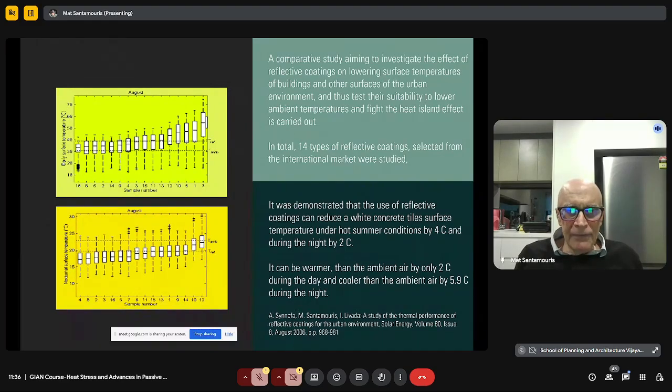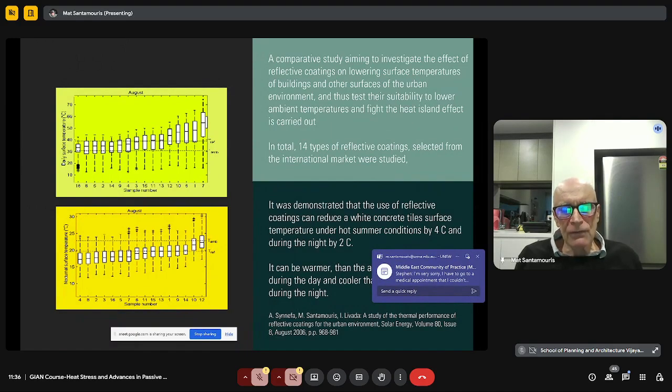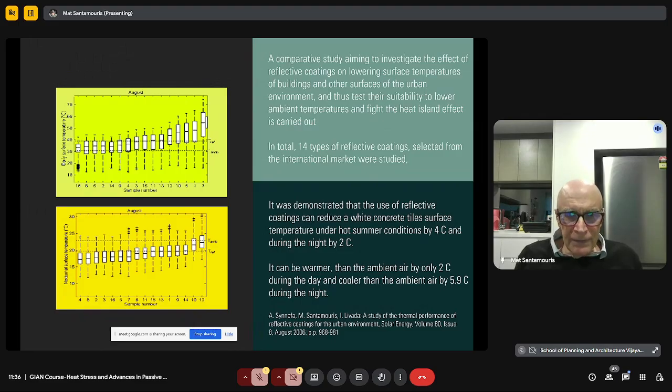So after some days of operation, if you put side by side an aluminum white paint against a conventional white paint, you will see that after 5-6 days, the difference of surface temperature will be up to 10 degrees. Why? Because the aluminum paints have a low emissivity, which means that they cannot emit the heat. And this is the reason that these materials have much higher temperature.